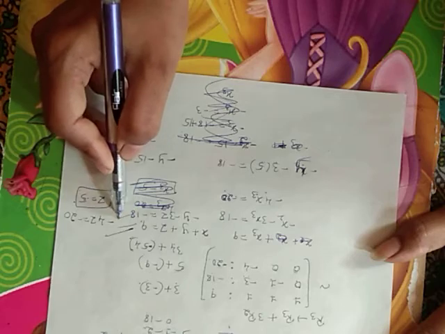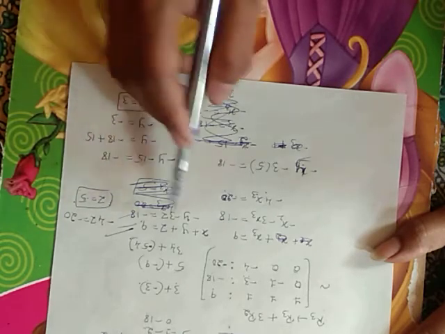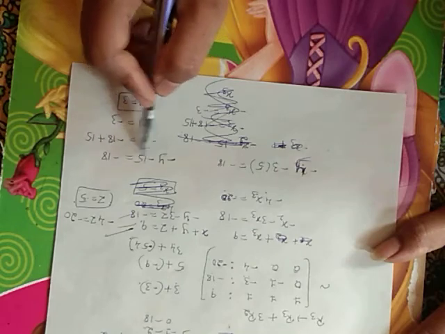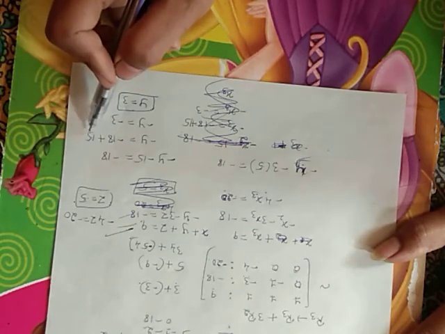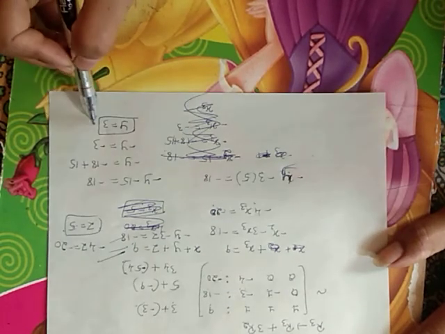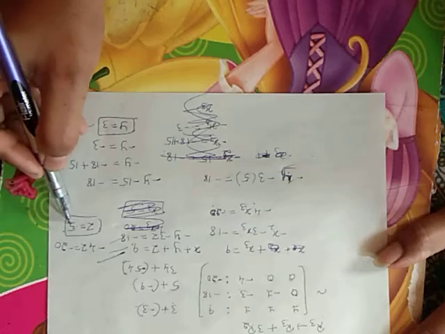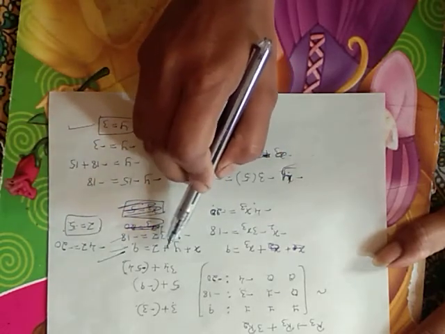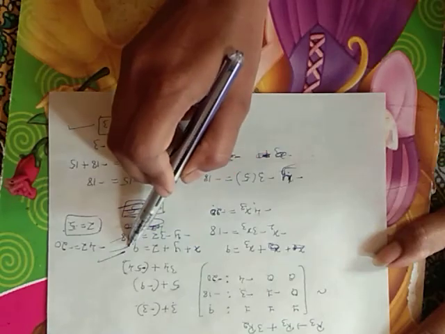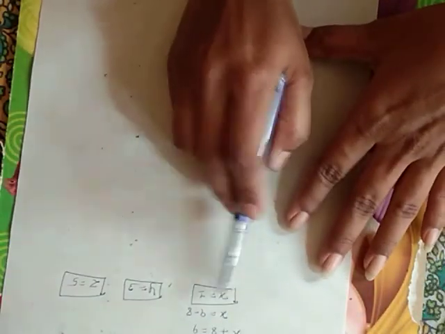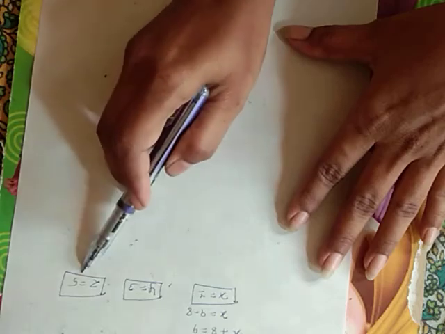Substitute this z in the second equation. So minus y, z is 5, 5 into 3 is 15, minus 15. Send the minus 15 onto the RHS side, so we get a plus 15. So minus y equal to minus 3, so y equal to 3. Now substitute both z and y in this equation. y equal to 3, z equal to 5. 5 plus 3 is 8. Send the 8 onto the RHS side. 9 minus 8 becomes 1. So x equal to 1. So we get the values x equal to 1, y equal to 3, z equal to 5.